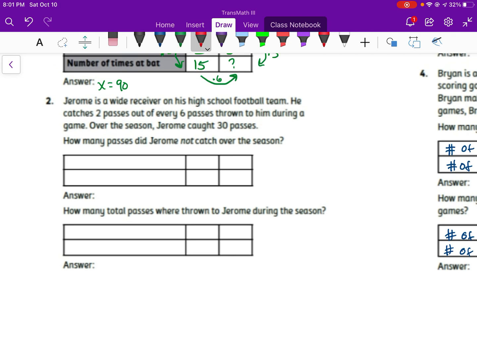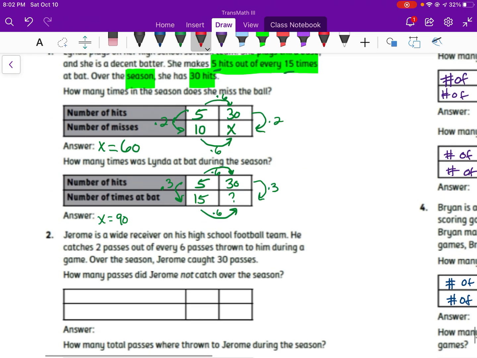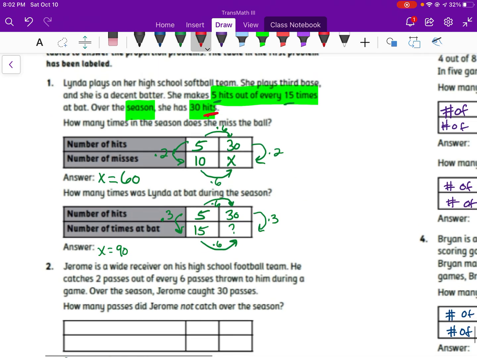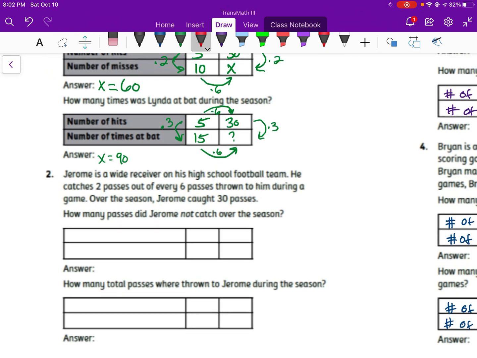All right, so for the next one, Jerome is a wide receiver on his high school football team. He catches 2 passes out of every 6 passes thrown to him during a game. Over the season, Jerome caught 30 passes. Okay, so if again we were given the number of hits, okay, this case we're getting number of passes,